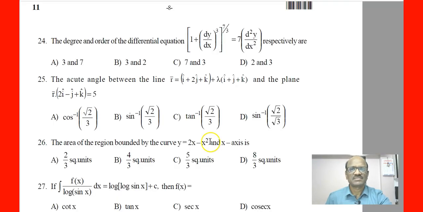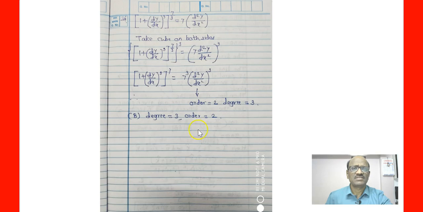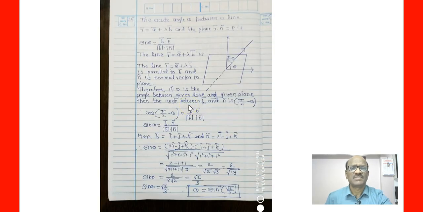Now next, the acute angle between the line and the plane. The equation of the line is r bar equals i plus 2j plus k plus lambda into bracket i plus j plus k, and the plane is r bar dot bracket 2i minus j plus k equals 5. Now we'll find out the angle. Sin theta is equal to